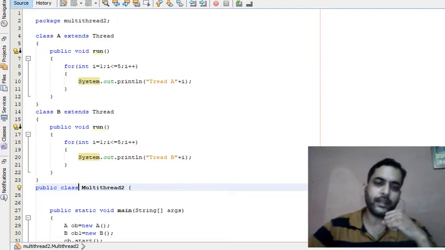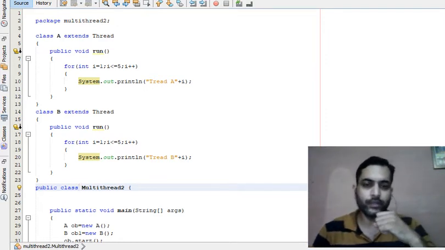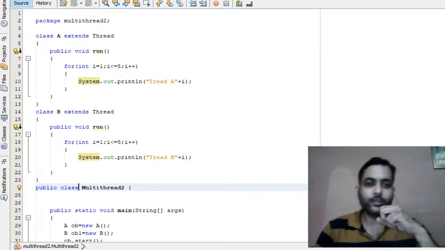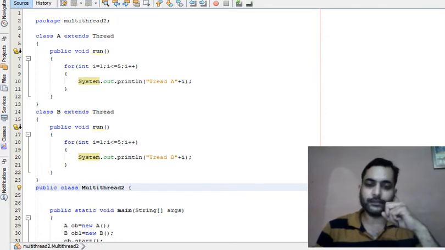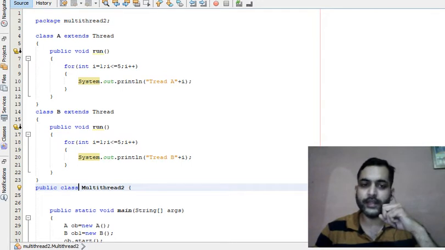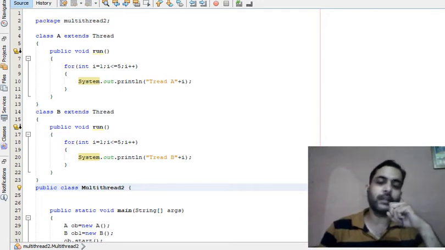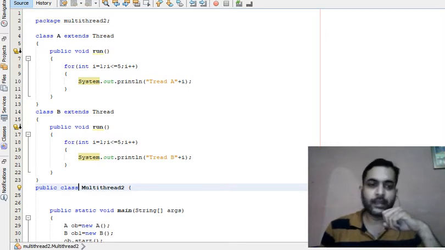When the thread is created, it is in the new state. When the thread is admitted to the ready queue, it is in the ready to execute state, that is the ready state. And when it is allocated the CPU, it is in the running state. And when some interrupt comes, it goes to the waiting state. And when it has finished the execution or the user terminates it prematurely, then it goes to the terminated state.